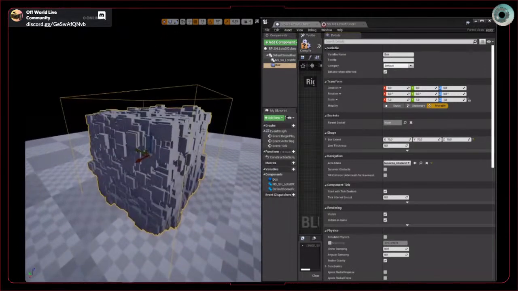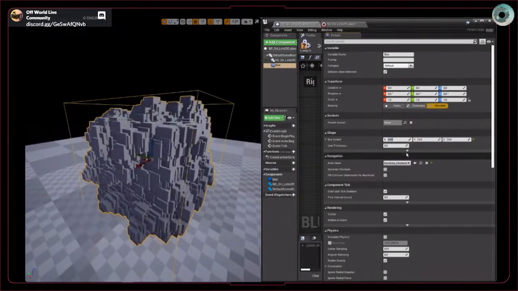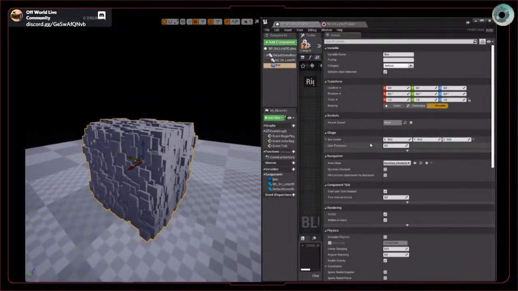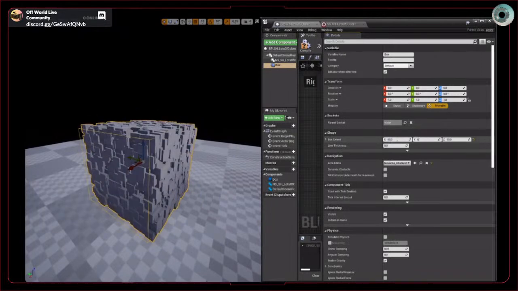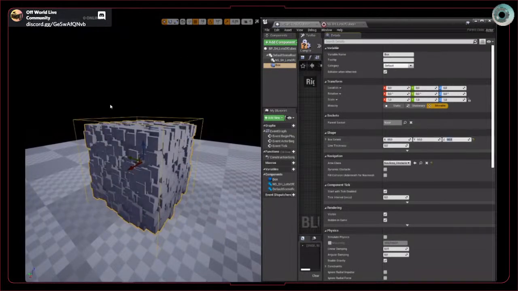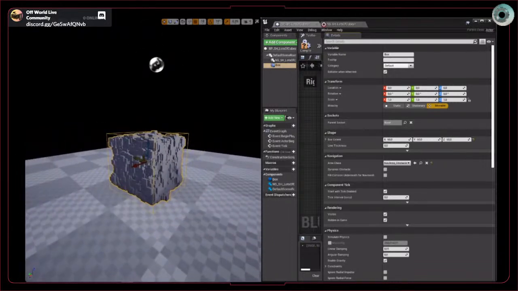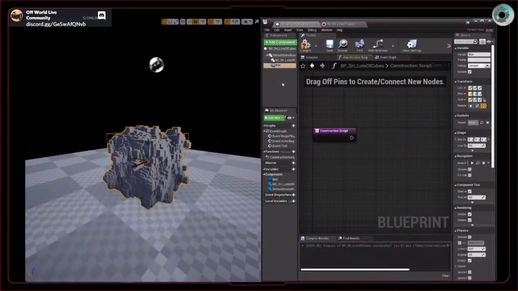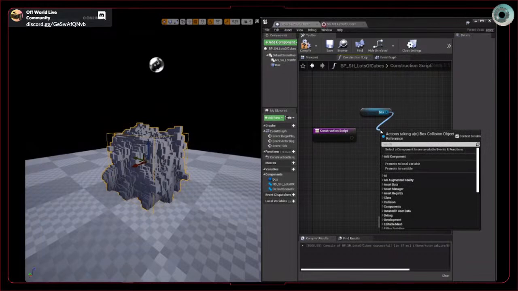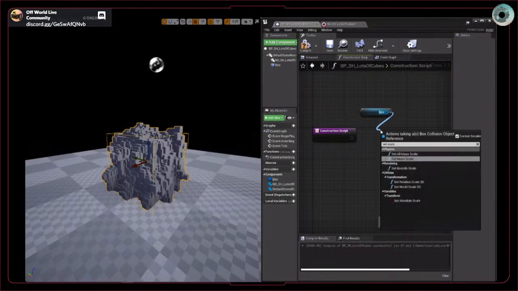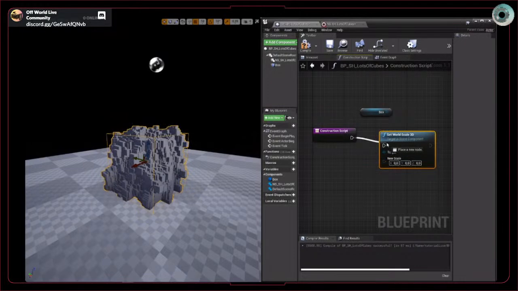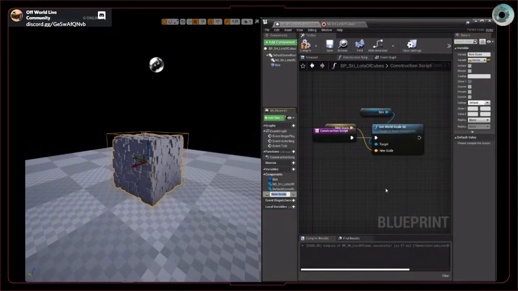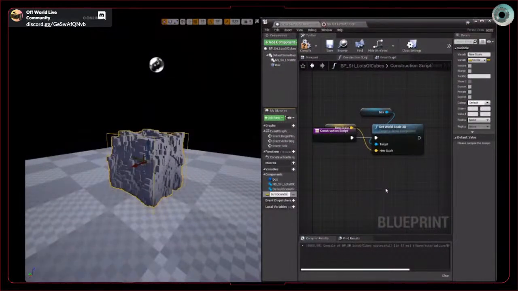Right, so now we can visualize the bounding box of the particle system. Let's actually set it to 50 by 50 by 50. Yeah, 60. Yeah, that's better, right? And what I like to do is in the construction script, grab the box and set scale, set world scale 3D, and then make this a variable. So we can say system bounds